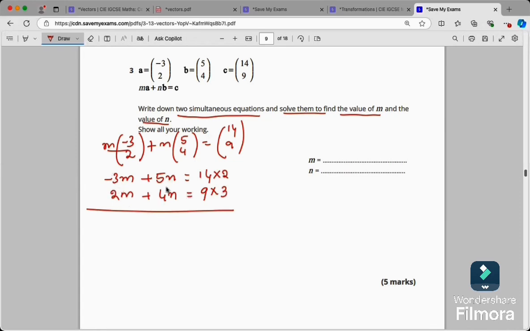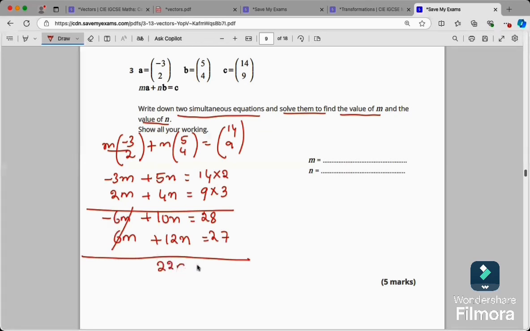So this becomes 3 twos are 6 and 2 threes are 6, and we can cancel that variable. Plus 5 twos are 10N is equal to 28, and then 3 twos are 6M plus 4 threes are 12N is equal to 9 threes are 27. I'm going to add, so these two having different signs will cancel each other. So 22N is equal to 28 plus 27, which is 55. Therefore N is equal to